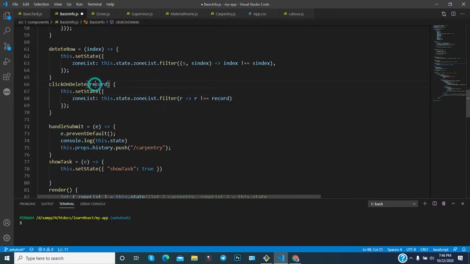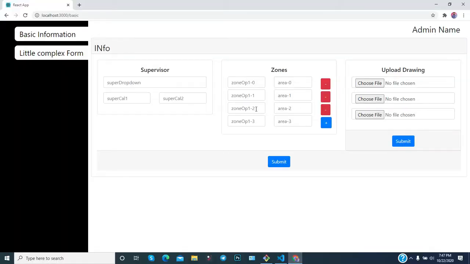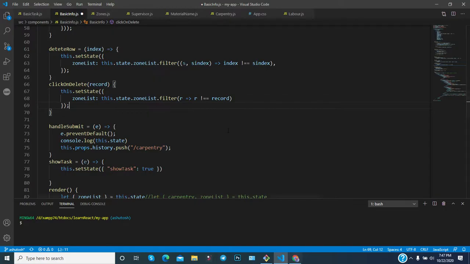Through the filter, the remaining array data you have set in this object, the object name is zone list. So you use the filter here, and whatever array data you got after filtering, you have added to the zone list. And when the zone list data gets updated, re-rendering happens, and that particular row gets deleted, because you have already filtered and generated a new array.